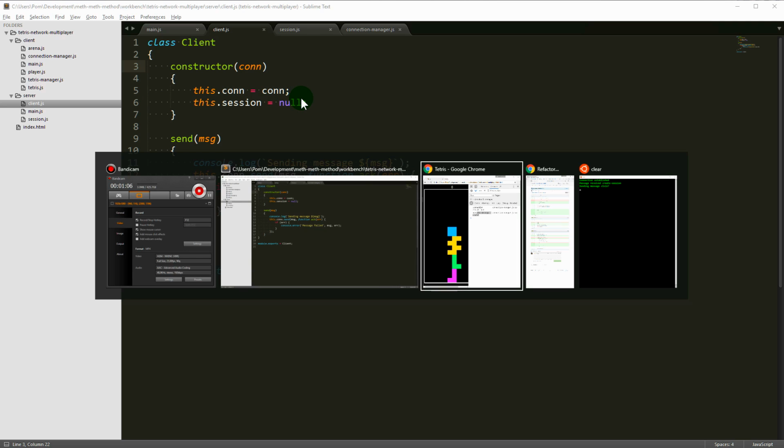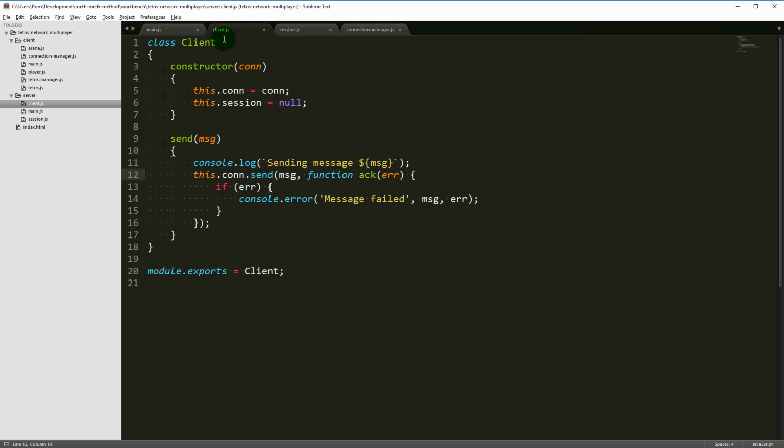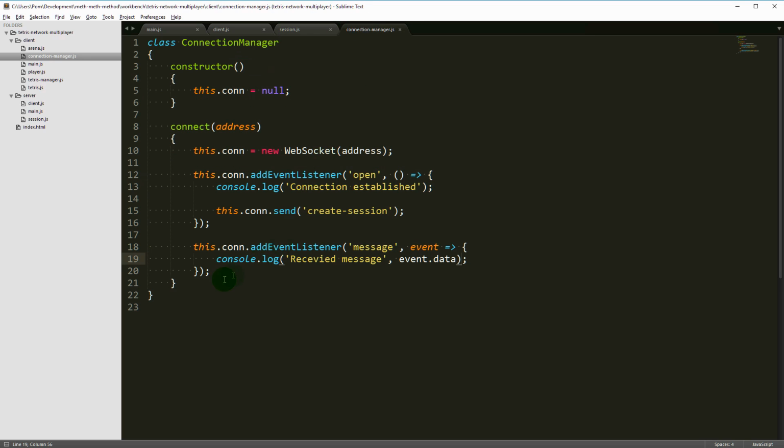And that can be a little bit tricky to deal with because it's hard to separate the data and the type of message. So I'm going to do a little bit of refactoring and send all the messages as JSON. So first I want to add in the connection manager a send function. So send, and it takes some data and it converts this to JSON. Const message equals JSON.stringify data,